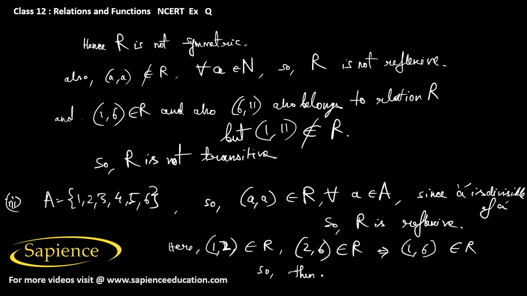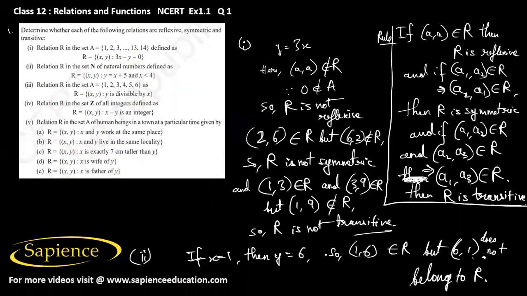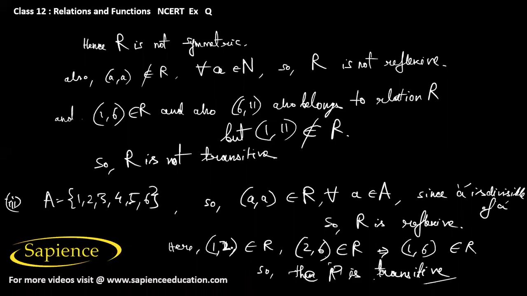the relation R is transitive. And also since 6 is divisible by 2 and 2 is divisible by 1, so 6 is also divisible by 1. Also we can say that,